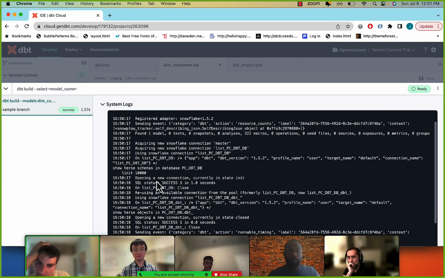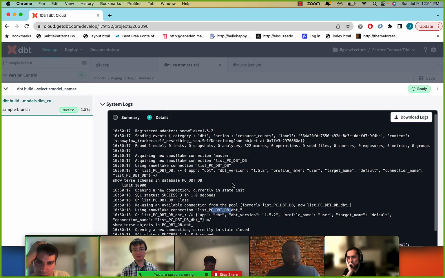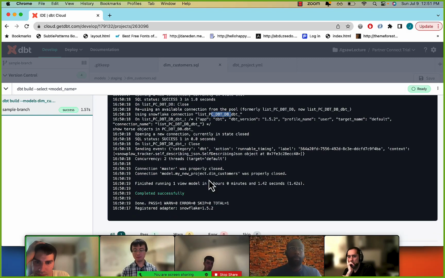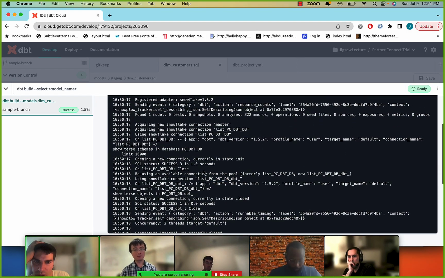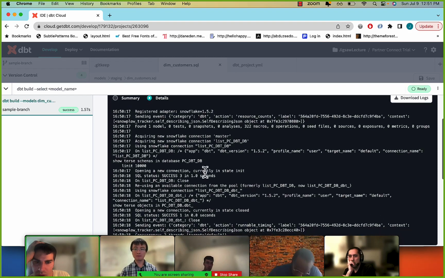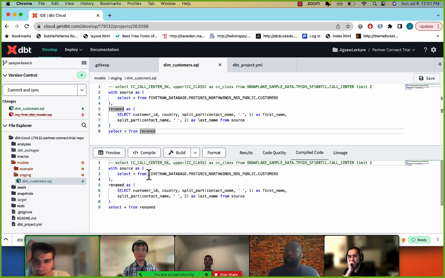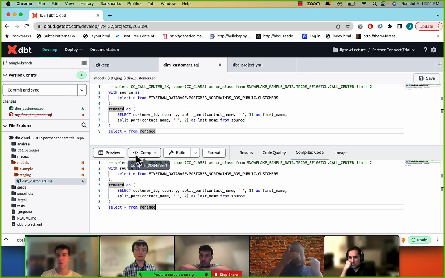Download the logs on success using a Snowflake. So it's showing PCDBT DB. I guess only when it breaks, maybe it shows the query. I'm surprised. So this will, let me see if I do compile. Yeah, it's not really showing the view that it actually created. But what we can do is we can go over to,